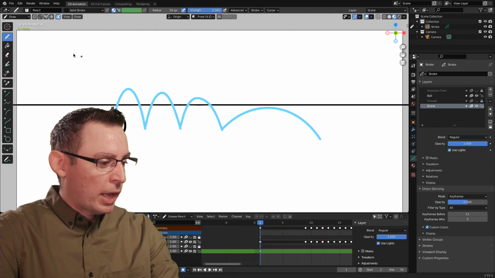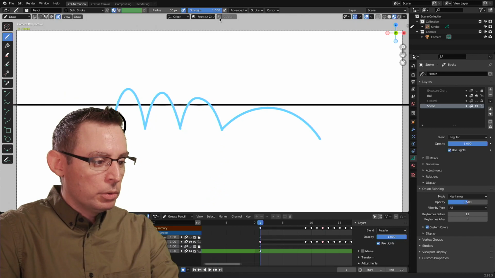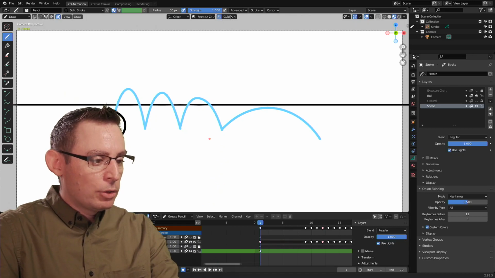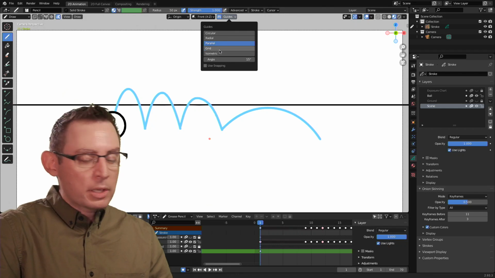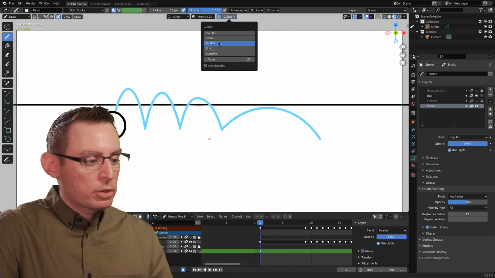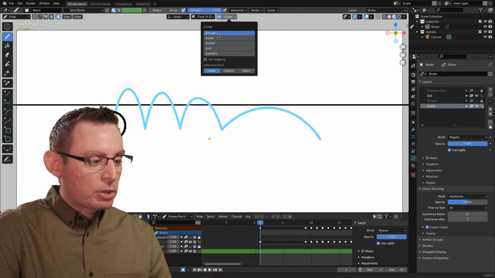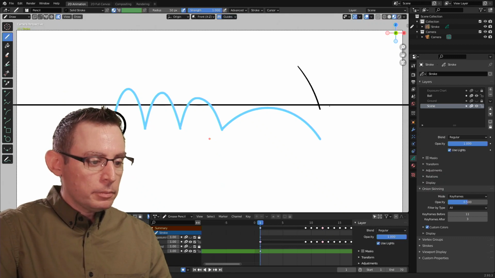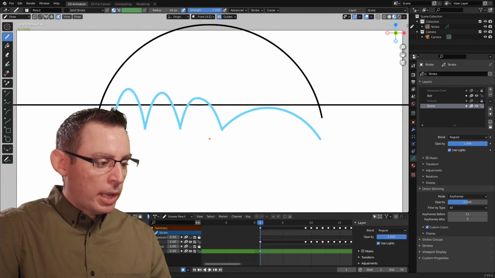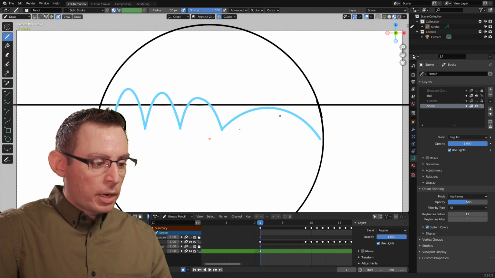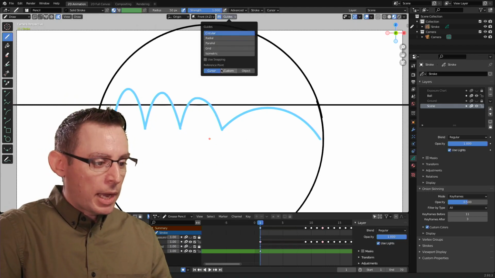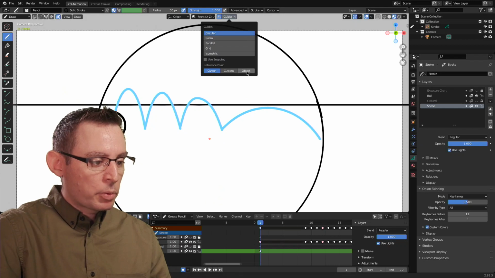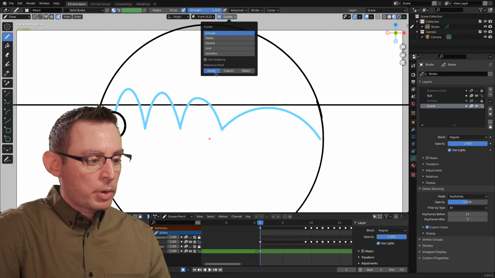So let's just do it real fast. I'm in the simple draw tool. Let's activate the guides and look at the options that are inside of the menu itself. So there's a whole bunch, and I'm not going to go through all of these, but there are certainly some winners in here, like circular, for example. As one might imagine, it's just going to allow us to draw a circle around the origin point of that object itself.